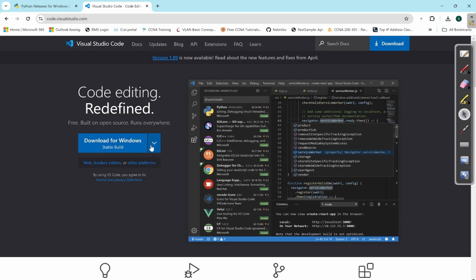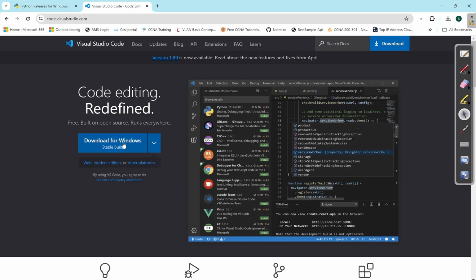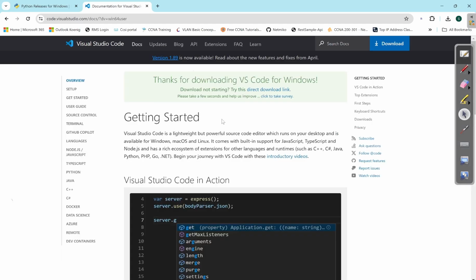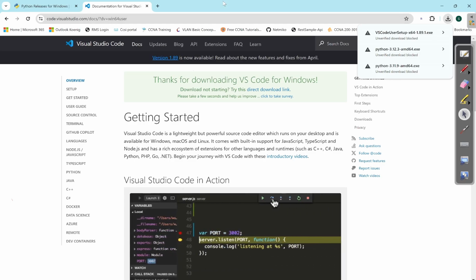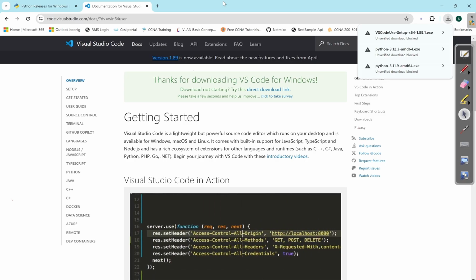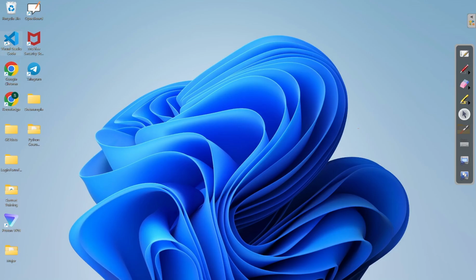If you are using Windows, simply click on download for Windows, or if you are using Mac OS, click on this button. Once you click on download for Windows, the download process will start automatically, and once it is downloaded to your system, simply click on that installer. Simply click on next, and VS Code will be installed on your machine.